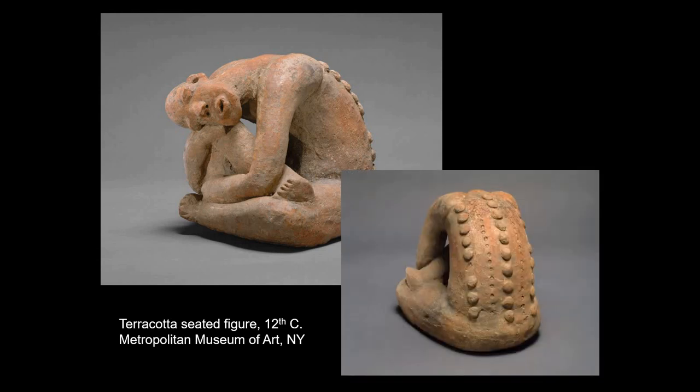One of the characteristics they have is they have all these little nodules on them, and these are probably meant to represent ritual scarification. Ritual scarification is a big deal in West African cultures, and it happens in two principal ways. The first way is a coming-of-age ceremony. If you are a young man, a young woman, you reach the age of 14, 15, you need to be initiated into the society of adults, and so you would go through a ritual scarification. Your body would be scarred, and this would be the mark that you would become an adult.